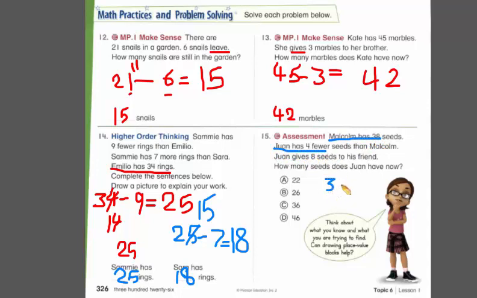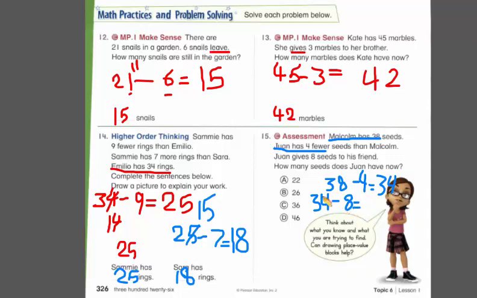Joan has 4 fewer. When I see the word fewer, I will do subtraction. So 38 minus 4 equals 34. Yes, you're right, 34. So now we know that Joan has 34. And then what happened? Joan gave her friend 8. Gave. Joan already has 34. He gave her friend 8. So when I see the word gave, minus. So 34 minus 8